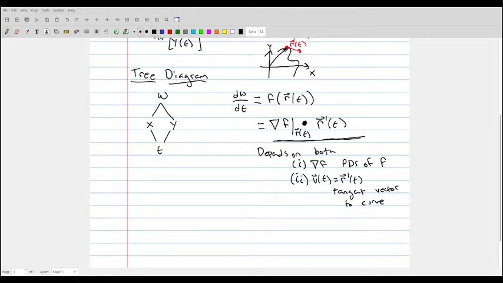So the motivation behind the directional derivative is that we want, in some sense, to use this idea,